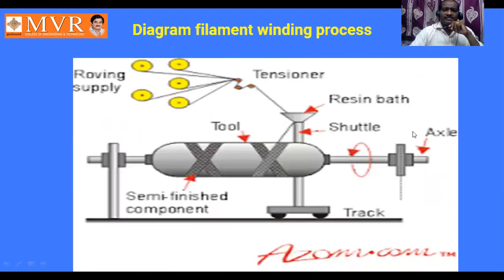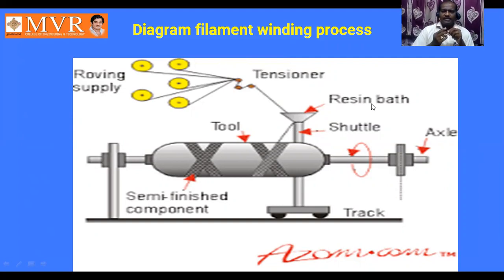So this is another example of filament winding. Here a cylinder is there, and the cylinder is going to be an integral part of this filament winding. Roving supply: how many are there here? Five we are going to supply. Here a tension device is there, which is going to pull, and all are going to form a combined one. Here the resin bath is there, and the wire is entering it. After a certain time, we have the rope with the resin.